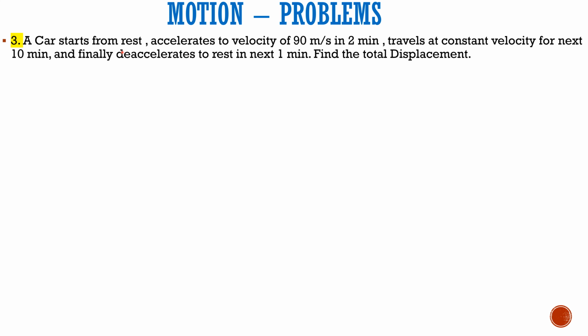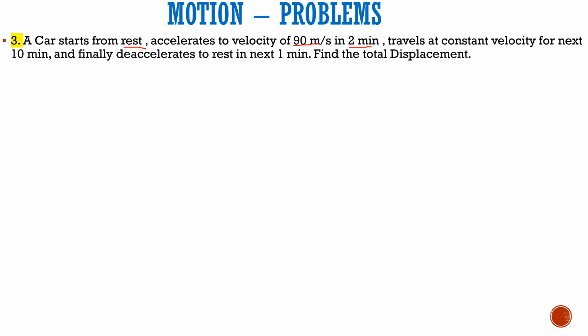So from 90 meters per second, at which it had traveled in the second phase of 10 minutes, it decelerates to rest in 1 minute. So it says what is the displacement. So we can find it by the conventional way. First thing is it starts from rest, which means that the initial velocity in the first phase is 0 and the final velocity in the first phase is 90 meters per second, and the total time in the first phase is